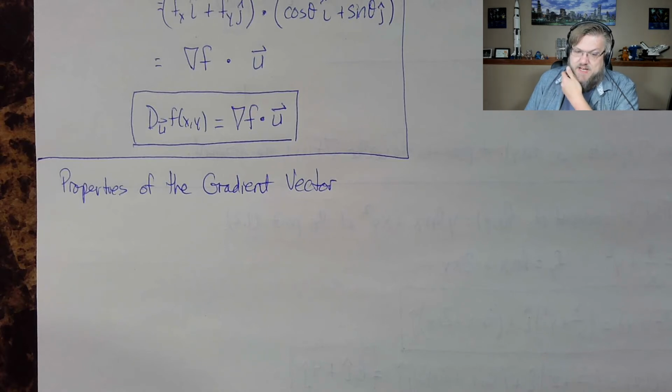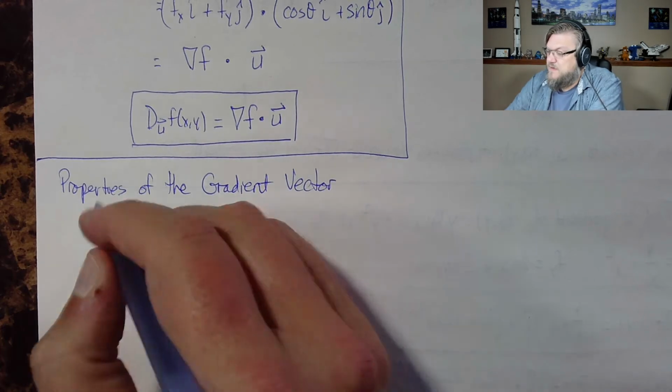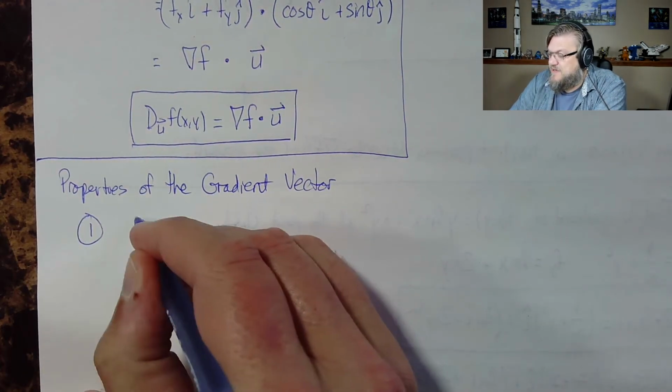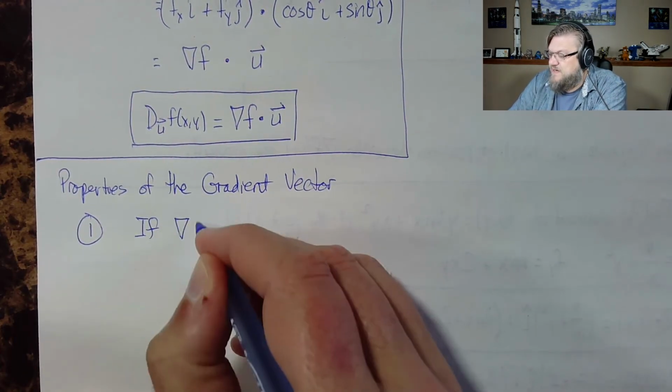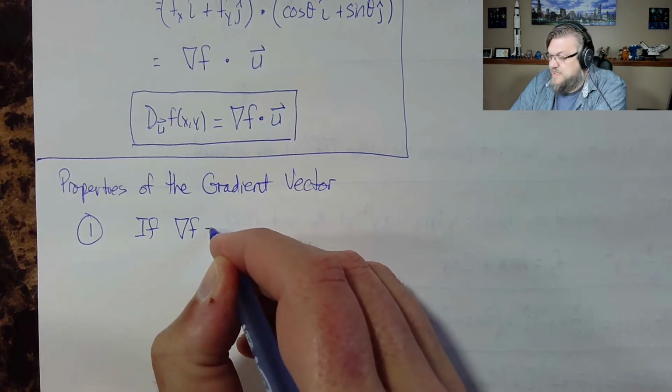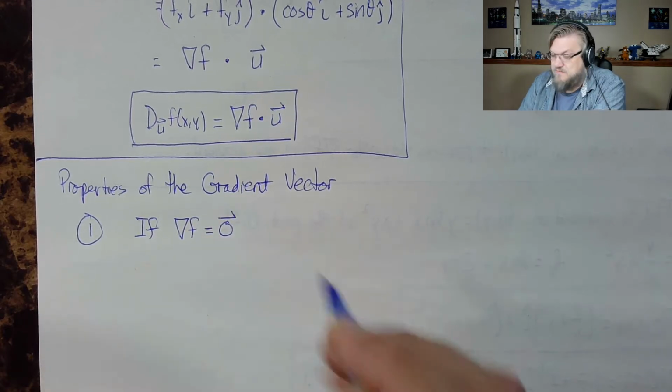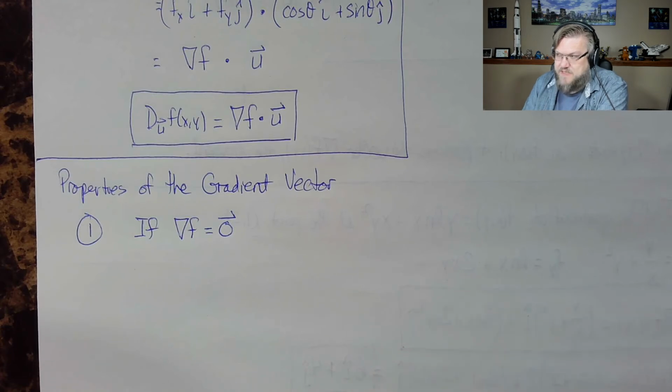We get a similar idea here in multivariable. We get the first idea that says the following. If the gradient vector is the 0 vector, so I can't say the gradient is 0, I have to say the gradient is the 0 vector,